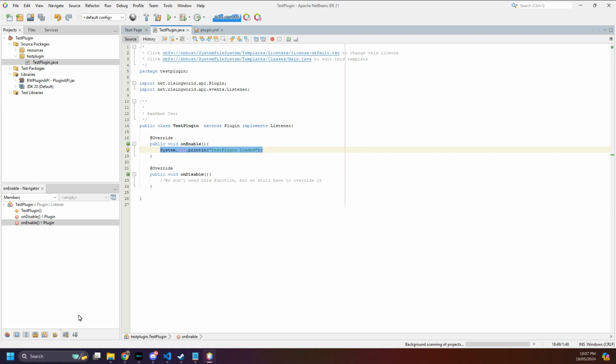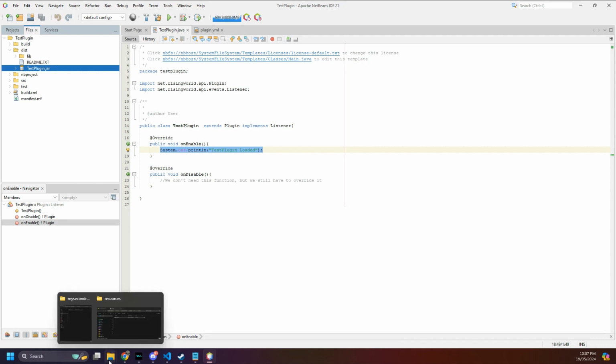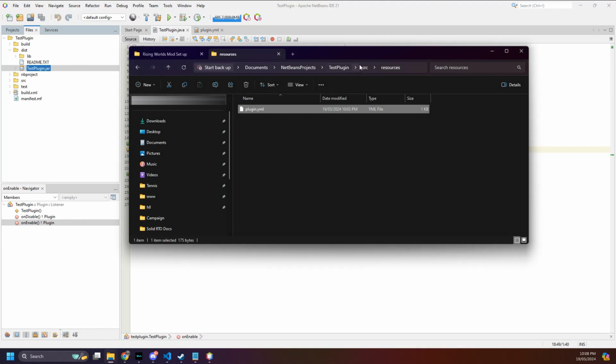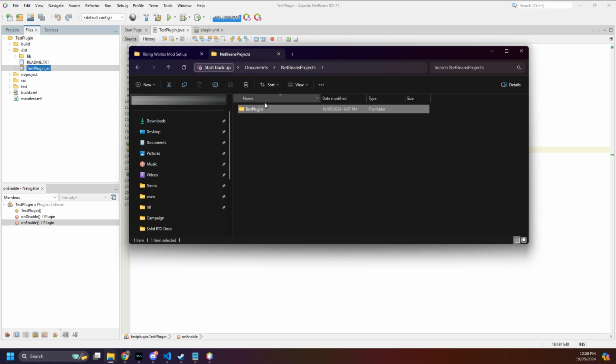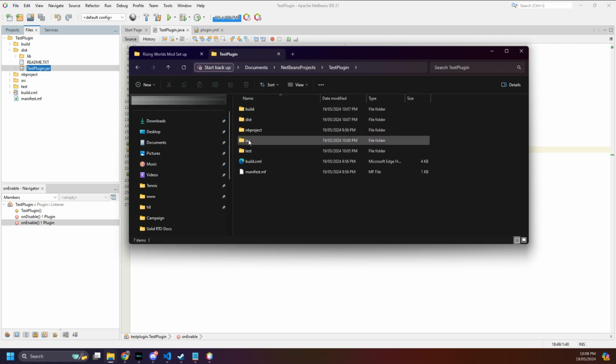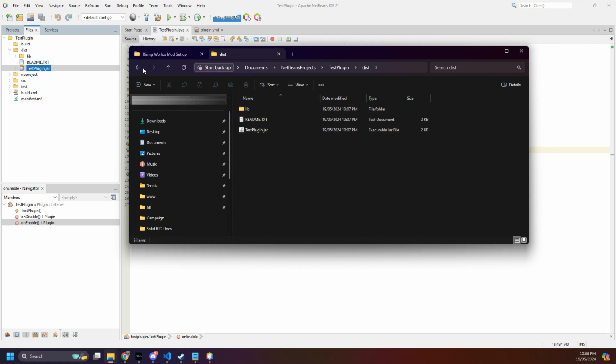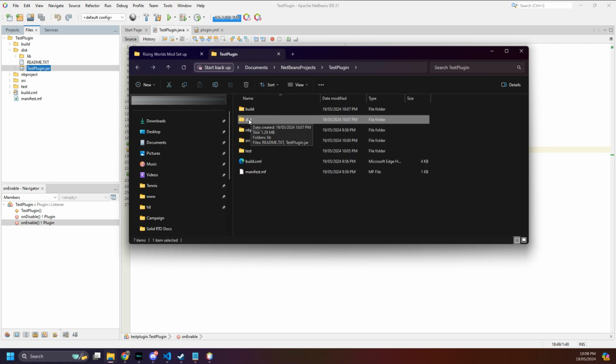Okay, cool. It says that it's finished building it, and if I go to the files tree, you should be able to see this folder called dist, and you can see the TestPlugin.java. So what we're going to do is open up the Explorer. We're going to go back to the NetBeans project folder and go into our plugin, and we're going to look for the dist folder. So what we're going to do now is just copy the dist folder,